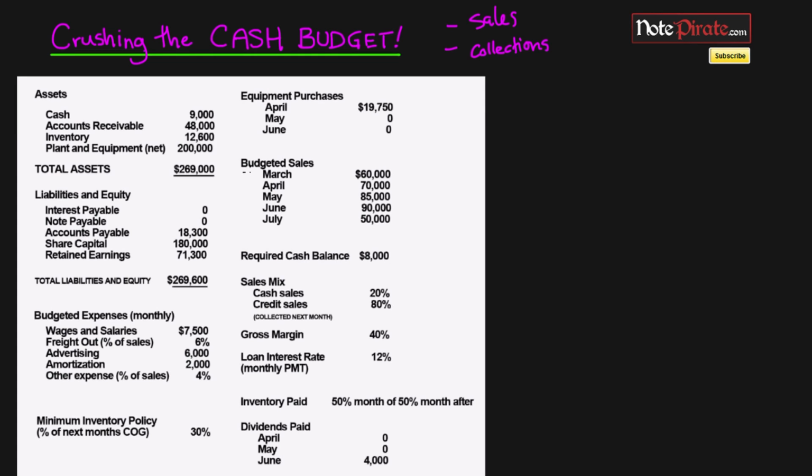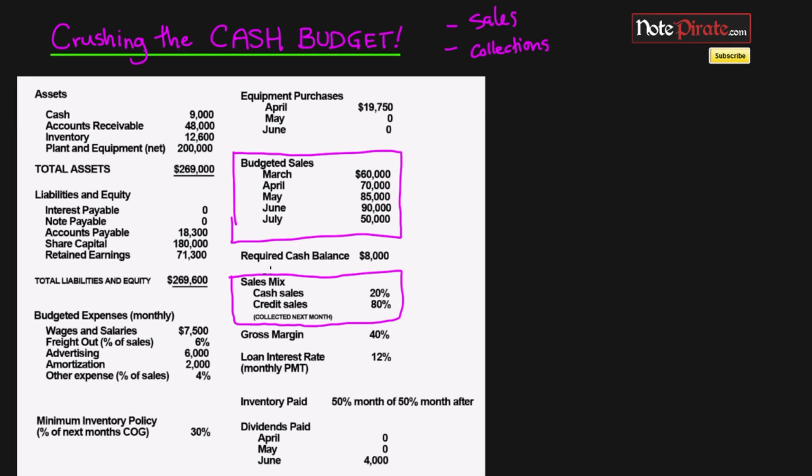We're going to be looking at the budgeted sales. I know there's a lot to look at here. We're going to be looking at the sales mix. How much is cash? How much is credit? And I think that is it, yes. So let's start off with our sales budget. I actually want to do this in green. So I'm going to take this and we're going to look at March,